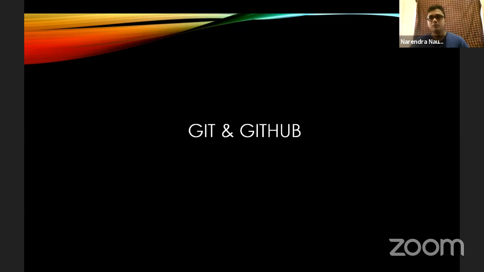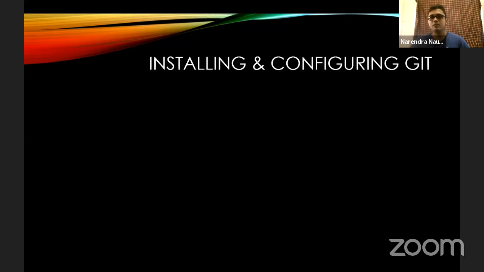So we'll now move on to looking at Git and GitHub. Git and GitHub essentially are the software and online system which allows us to utilize version control. We'll first look at installing and configuring Git. First thing we'd look to do is talk a little about what is Git and GitHub before getting a little